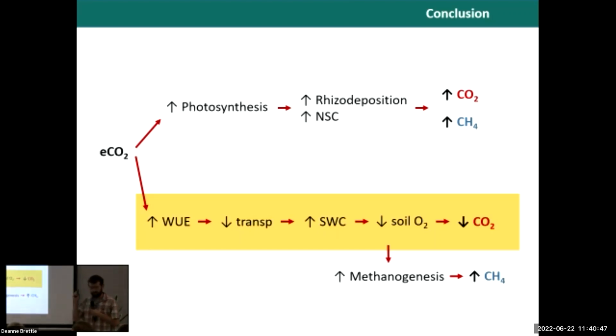And just as a conclusion, for me, there are a couple of things. At first glance, when I saw no significant results, damn it, I wanted positive results. It's going to be easier to publish. But to be honest, that's a very good result, because that means that under future conditions with more carbon dioxide in the atmosphere, trees are not going to emit more carbon dioxide. In the best case scenario, they're going to emit less carbon dioxide through the stems, which is good, and also